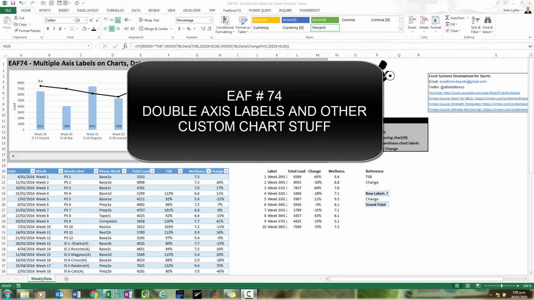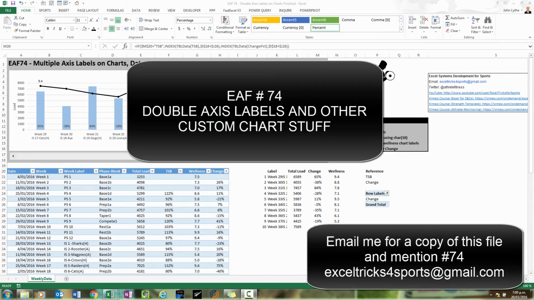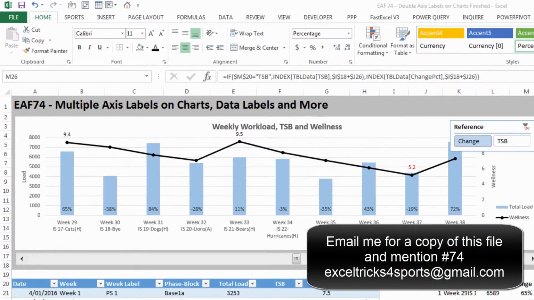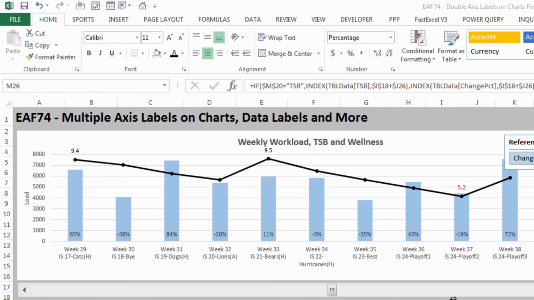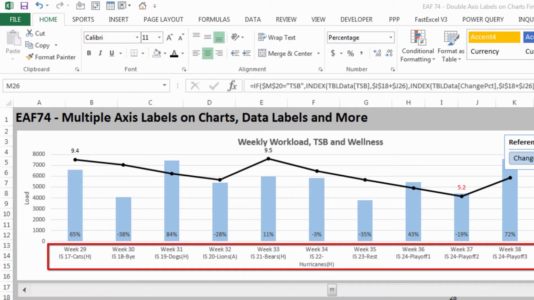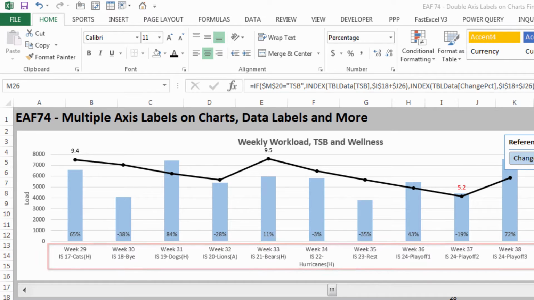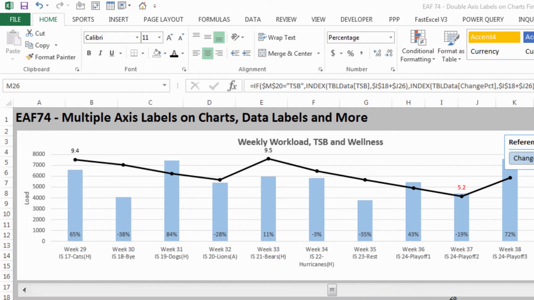The primary trick that we're going to look at today is demonstrated on the chart that you can see now. There are two labels on the x-axis. The first label is a week number. The second label is, I guess, an indication of which round you're in. So it's got in season week 20 versus the Lions away, or in season week 21 versus the Bears at